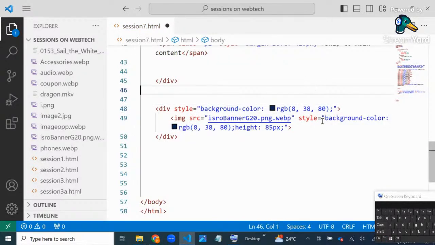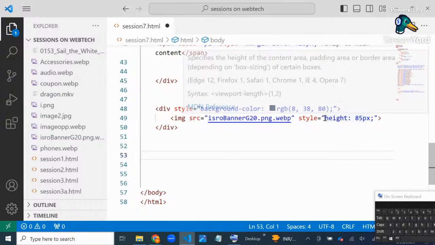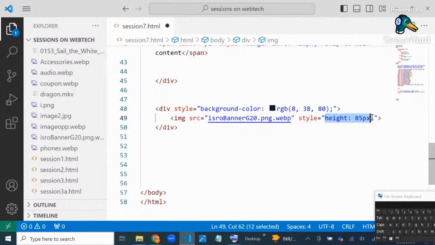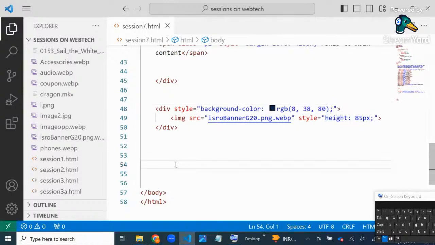Afterwards, we no need to give a background color for the image, because at the background we have a container div. So the image has been put inside this div. If I give a background color for that div, it will be the background color for the image also. But do one thing, keep the height in the image itself. So remove another CSS property, that is background color. So